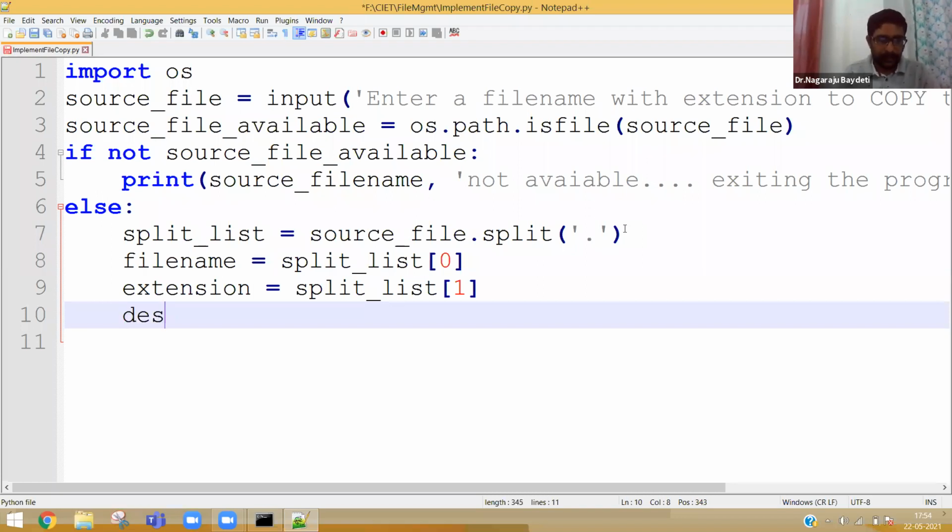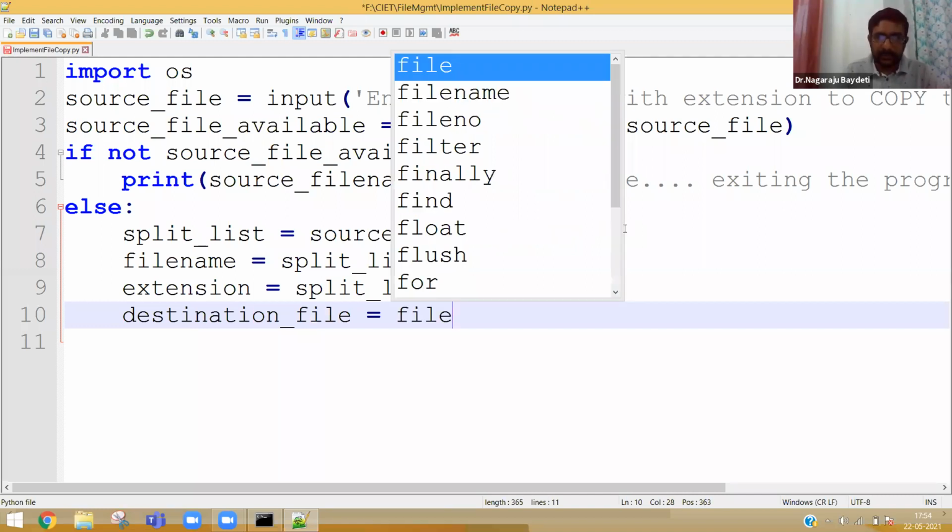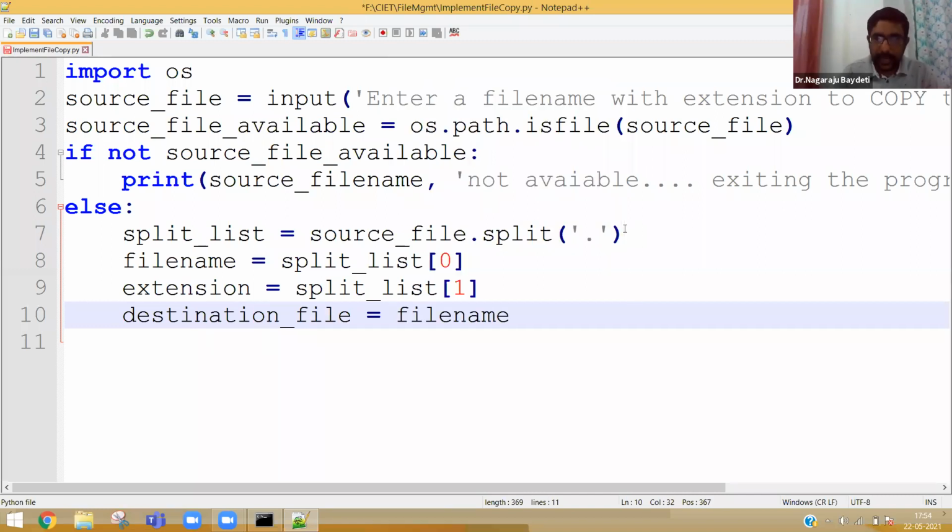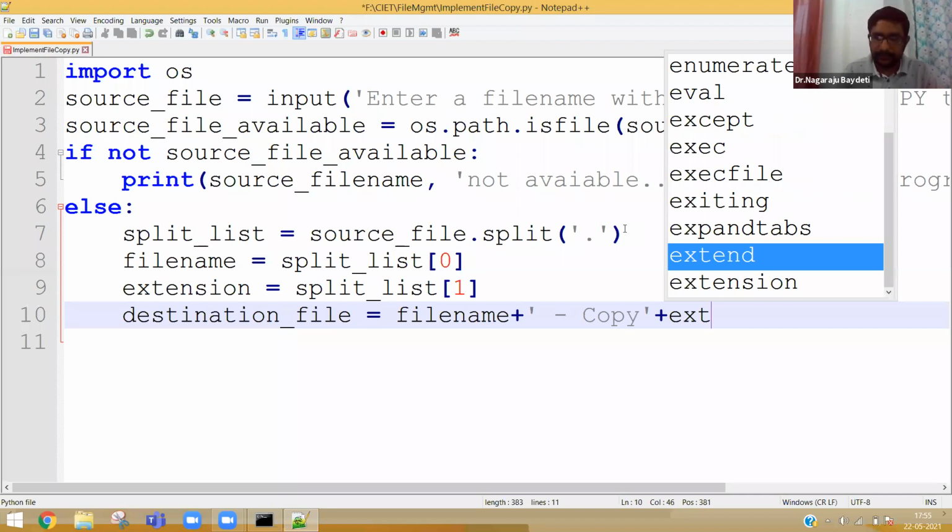Now, we need to form destination file. The name of the file is equal to, everybody see here, file name. After that, there needs to be something like this, a string, space, hyphen, space, copy. This is exactly what Windows is giving. After that, add extension.